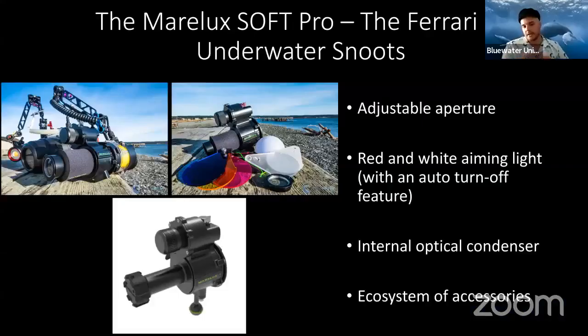And finally, I want to talk about snoots and how snoot photography has really progressed and how we use that in Raja Ampat. So one of the coolest items that has come to the market for underwater macro photographers is the Merlock Soft Pro. Now, this is a snoot that allows you to take light from your strobes, and it condenses it through optical lenses, allowing you to really concentrate that light on a subject,